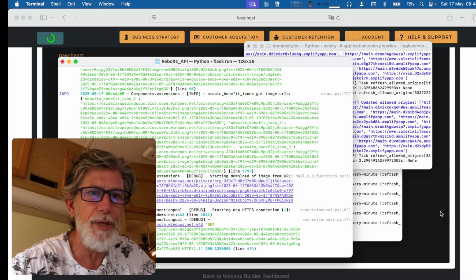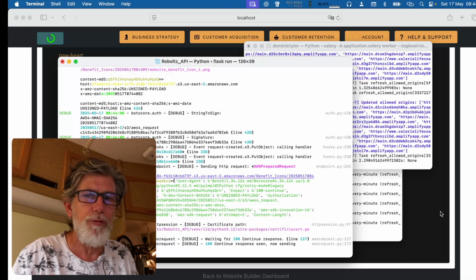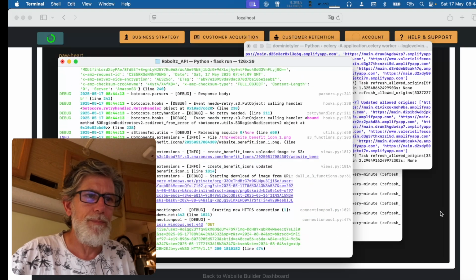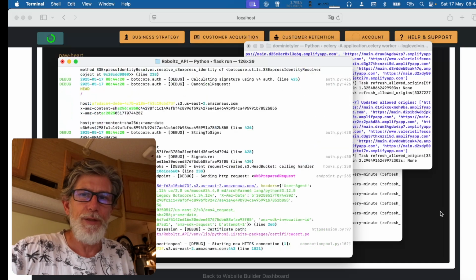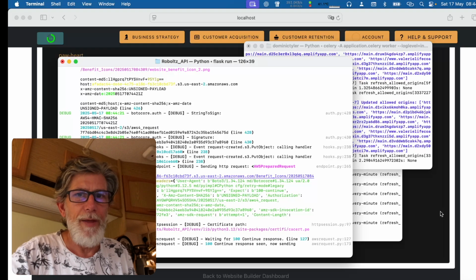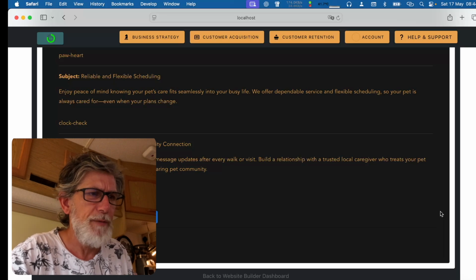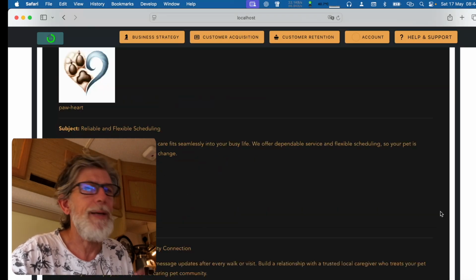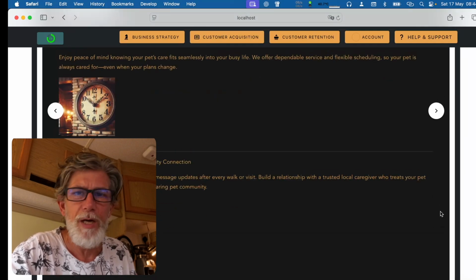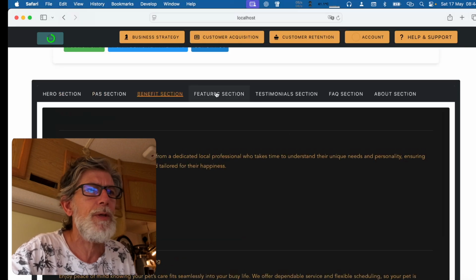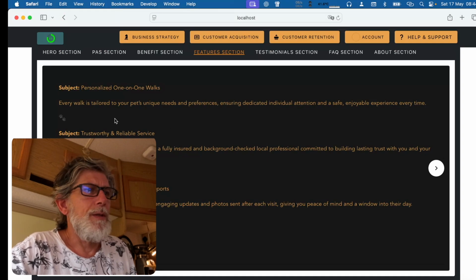It's a similar process with all the image creation, where we build the prompt, create the image, download it locally, send it to the S3 bucket, and then display it via that URL. Hopefully this is going to work. Yeah, so I think I just jumped the gun slightly. I was a little bit too impatient before. Features. Every walk,